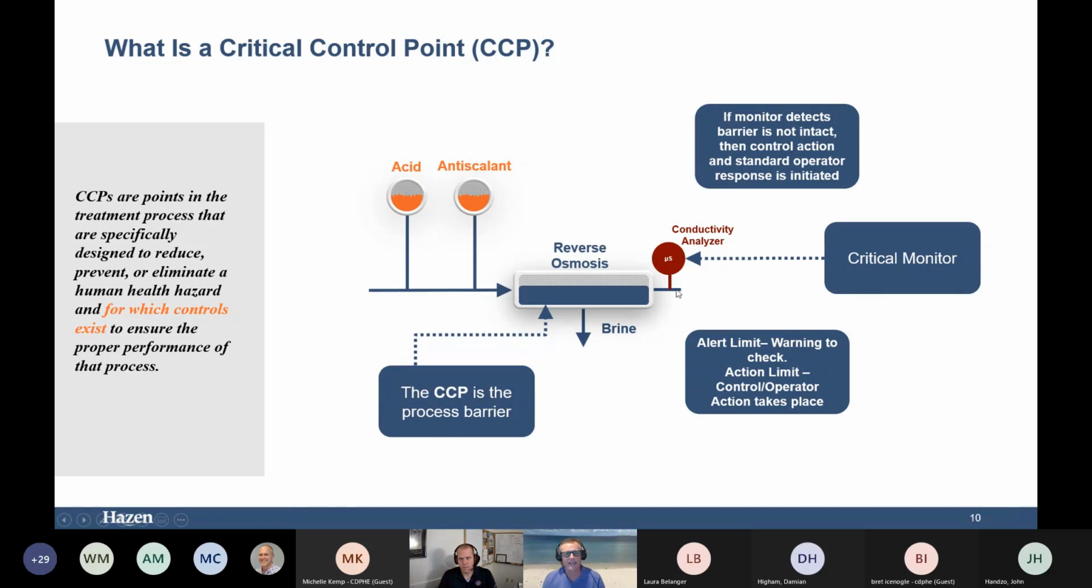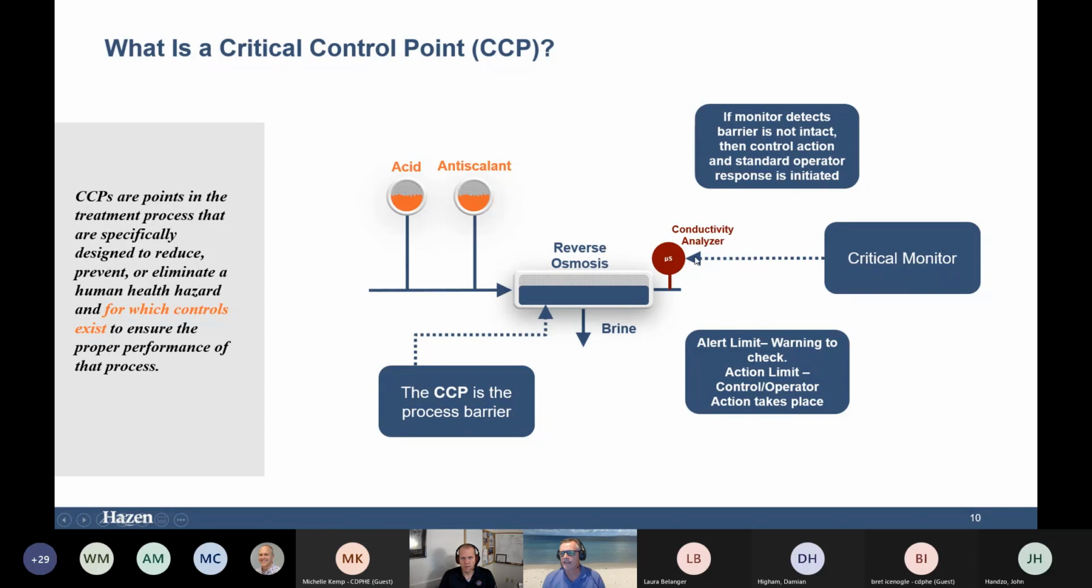Now, the next thing we have is our critical monitor. It's the thing that is telling us how well this barrier is operating. Is it operating suitably that we have confidence that it's removing our hazards down to the level that we expect? Now, you'll notice that I said the level that we expect. There's a couple of tricks with that,